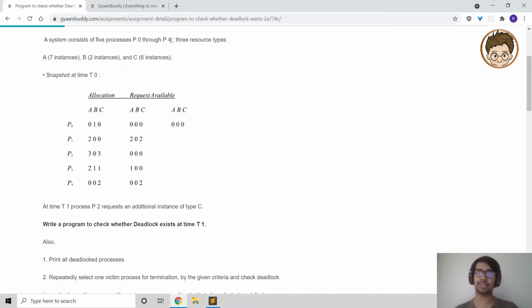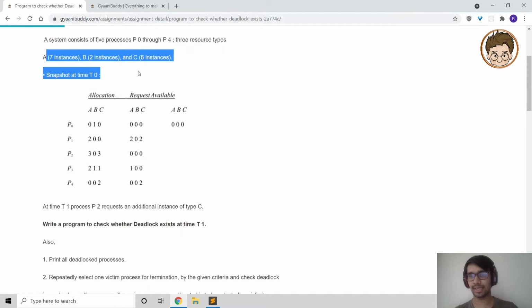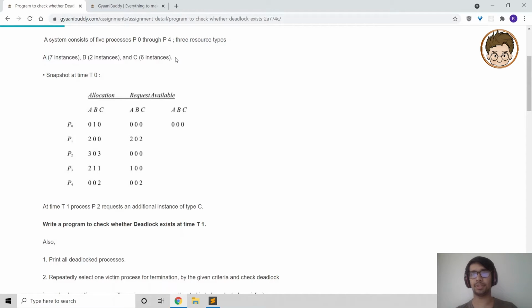It can be a CPU based resource or a file. Suppose some process requires a file to do some task, so it also counts as a resource. Some process might require a printer, so it comes under input or output, that is IO resource. So we have 3 types of resources that are A, B, and C. To keep things simpler, we have just used A, B, or C, but these are actually IO based, CPU based, and such type of resources.